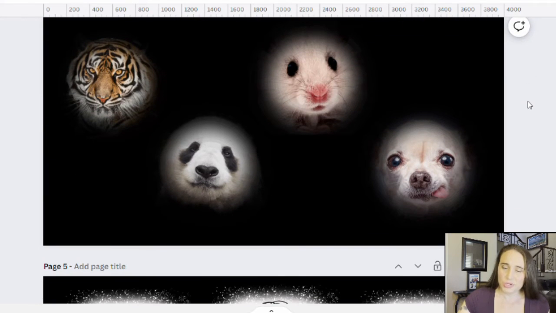Let's see, animals. Animals are very big. So not just dogs, not just different dog breeds, but different animals in general, zoo animals, wild animals. Everybody's got their favorite animal. So some people, you know, like pandas, some people like hippos, some people like elephants, and then some people, you know, have their dogs or their hamsters or their snakes or their lizards.